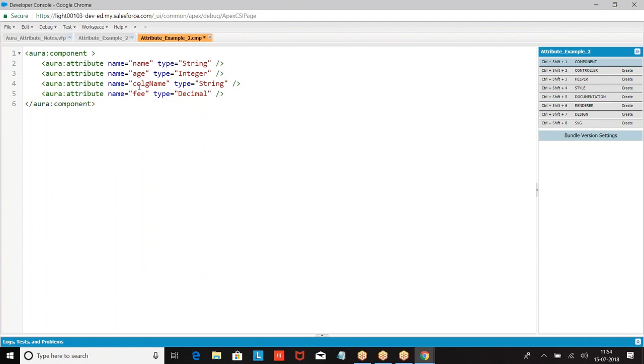This one. So created a component with attributes. Now how do you define name? How do you refer to it? v dot.